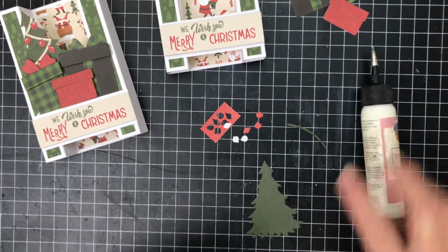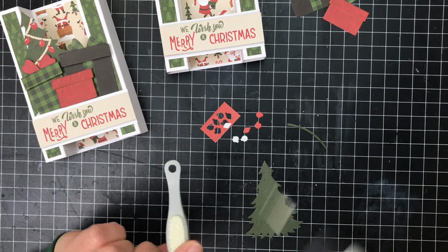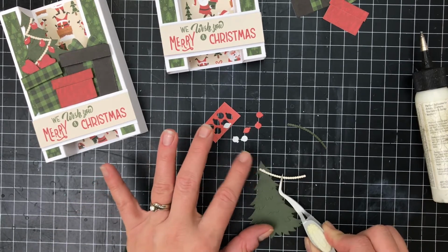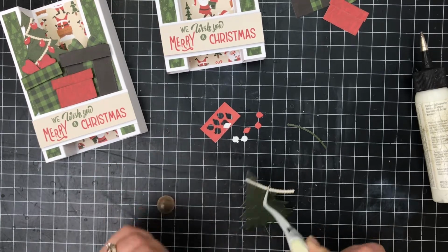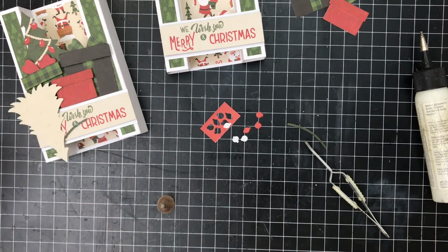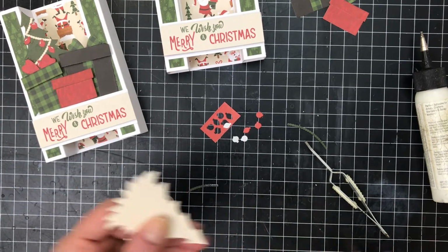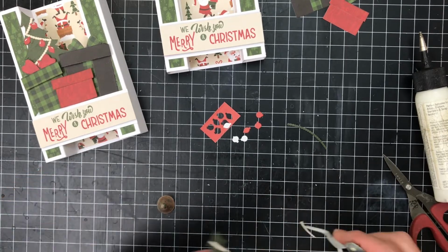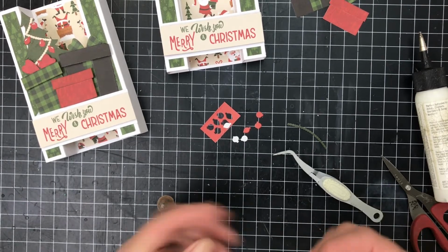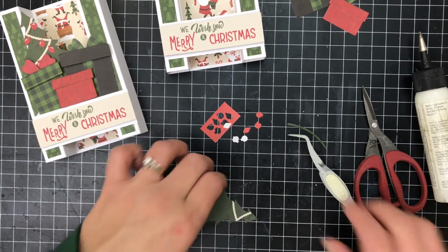Whoops, I got the wrong edge. Well. Okay, and it really doesn't matter. You could start this way too if you want. So I'm going to try to make it cross down to that, and then we're going to take some scissors and trim. And that already has glue on it, so now I'm just going to take that edge like so, trim, and then the last piece,